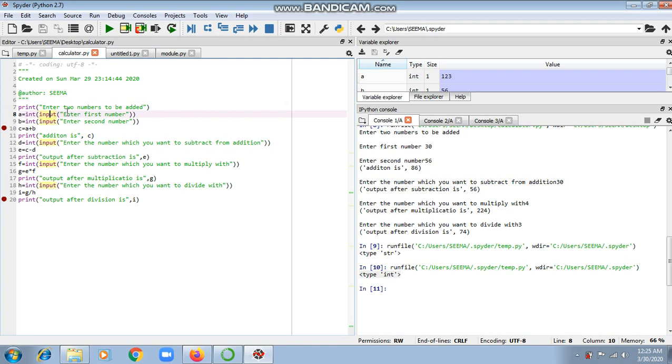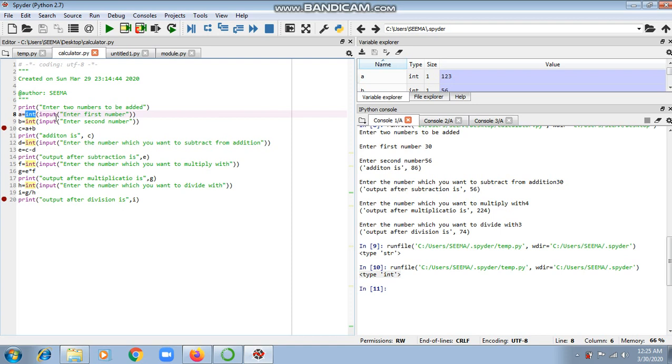When the user inputs any value, then we need to convert the value first into an integer to store in the variable if you are asking for any integer value, because if you want to perform any operations on a variable, then it should be converted into an integer first.